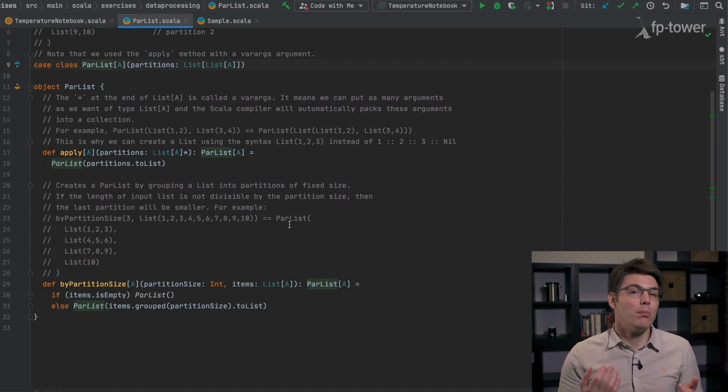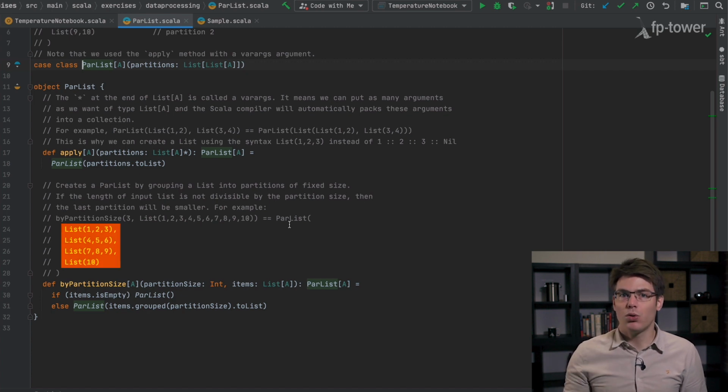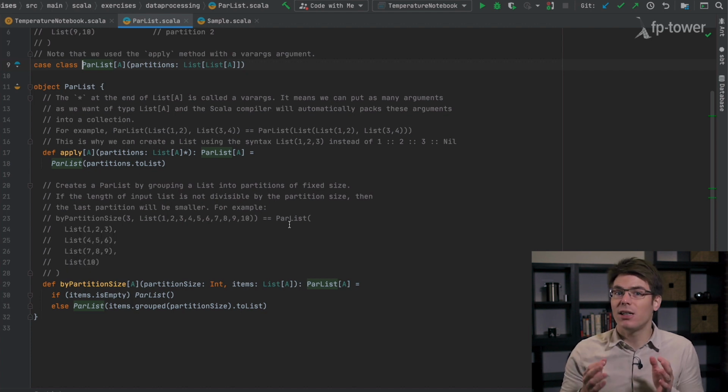For example, if we call byPartitionSize with size equal to 3, and with a list of numbers from 1 to 10, we'll get back a ParList with 4 partitions: 1 to 3, then 4, 5, 6, then 7, 8, 9, and finally 10 alone in the last partition. As you can see, each partition has 3 elements, except the last one, which may be smaller if the length of the input list is not divisible by the partition size.